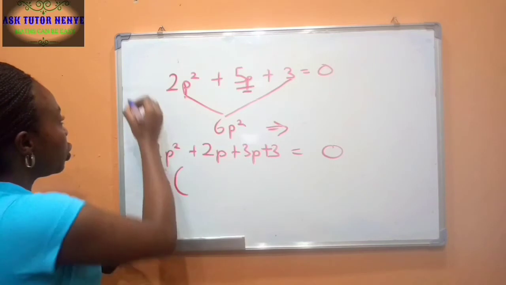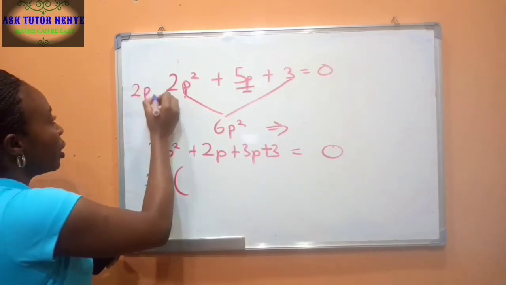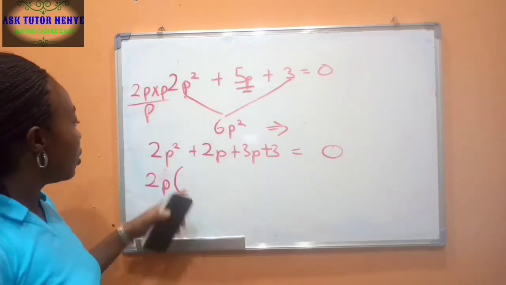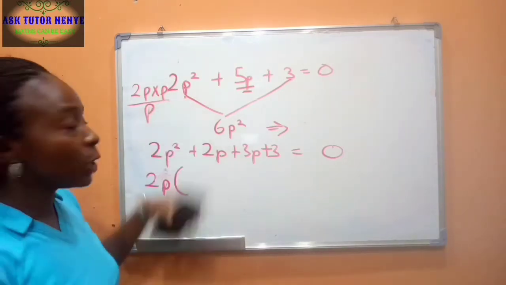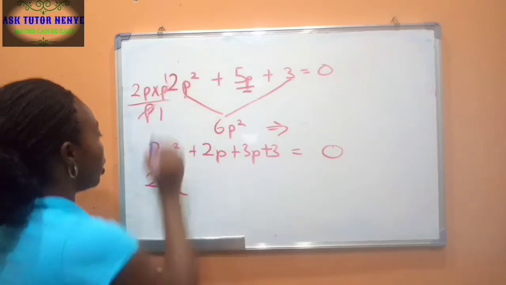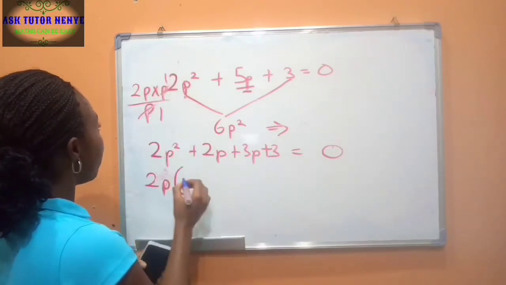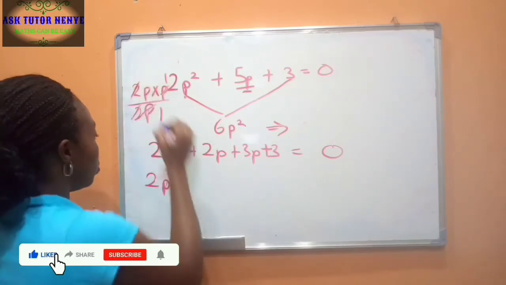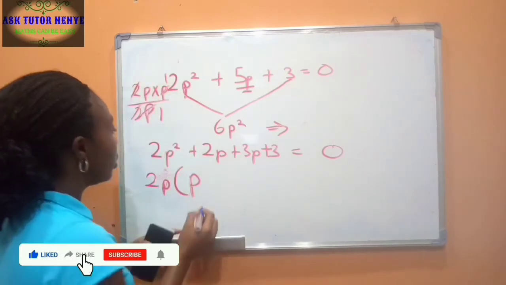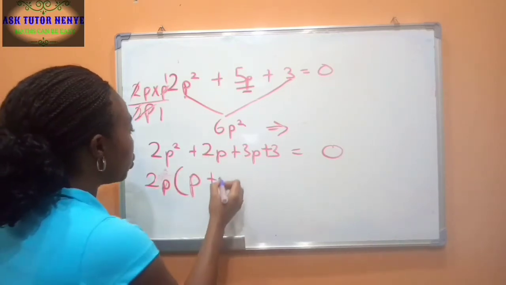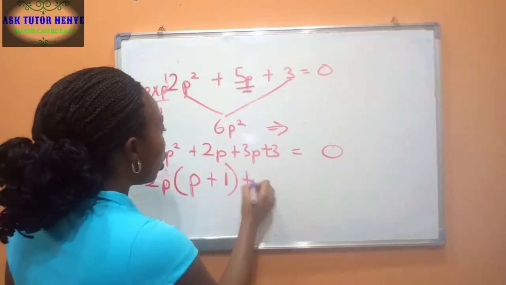We are going to say 2p squared divided by what? p. Remember, p squared is the same as p times p. Okay, so when we do that, this goes here 1, this goes here 1. We are going to have p. Okay, plus 2p divided by p, we are going to have what? 1, plus